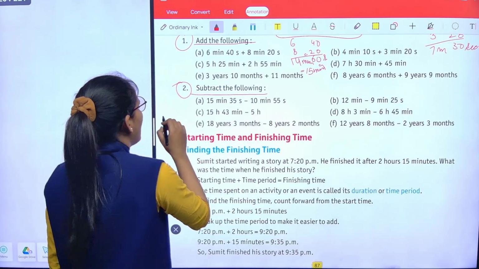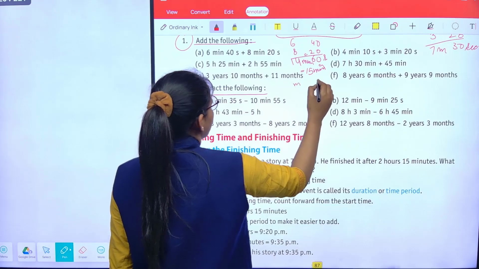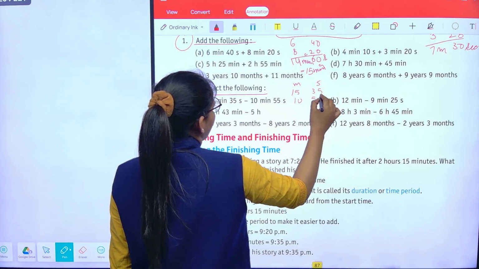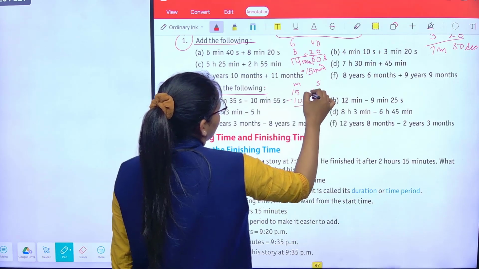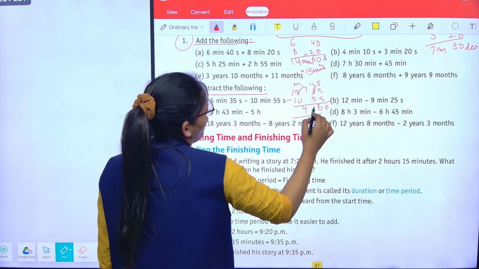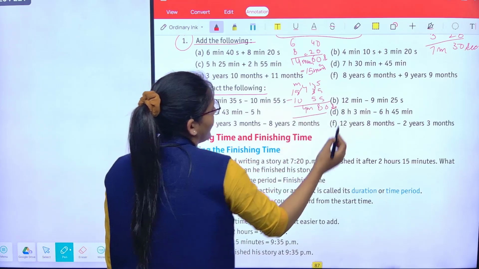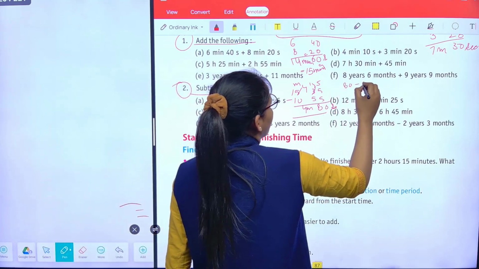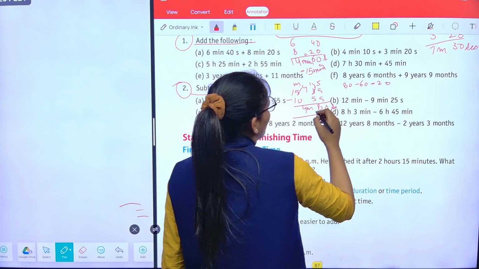Subtract the following. Again class, minutes seconds. 15 minutes 35 seconds, 10 minutes 55 seconds. Now 0, 13 minus 5, 8, 4. So 4 minutes 80 seconds. 80 seconds means 80 minus 60, that is 20. So 5 minutes